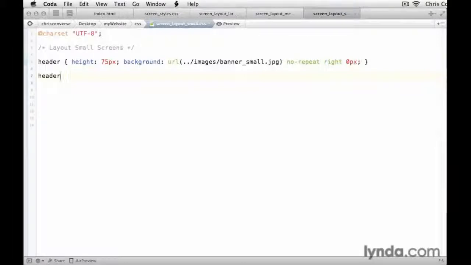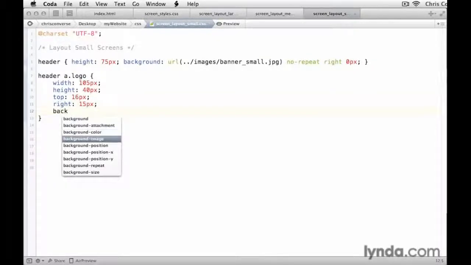Now let's target the logo. So header space a dot logo. Another set of brackets. Let's split that open. First property is going to be width. We're going to set that to 105 pixels. Next, we're going to set the height to 40 pixels. Next, we're going to set the top property to 16 pixels. We're going to set the right property to 15 pixels. And then finally, we're going to set the background image